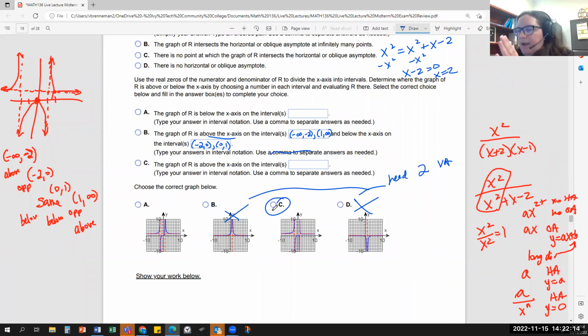information given by the multiplicity, so whether it crosses or touches, whether it is opposite or same on each side of the vertical asymptote, the intercepts and how it behaves at each intercept, and then any additional points. You need one point that's not on the x-axis in order to come up with the above and below, and then you can follow the pattern, or you can do a test value on each interval. But if you sketch that graph, then it should be a fairly simple matter of finding the graph that resembles that.